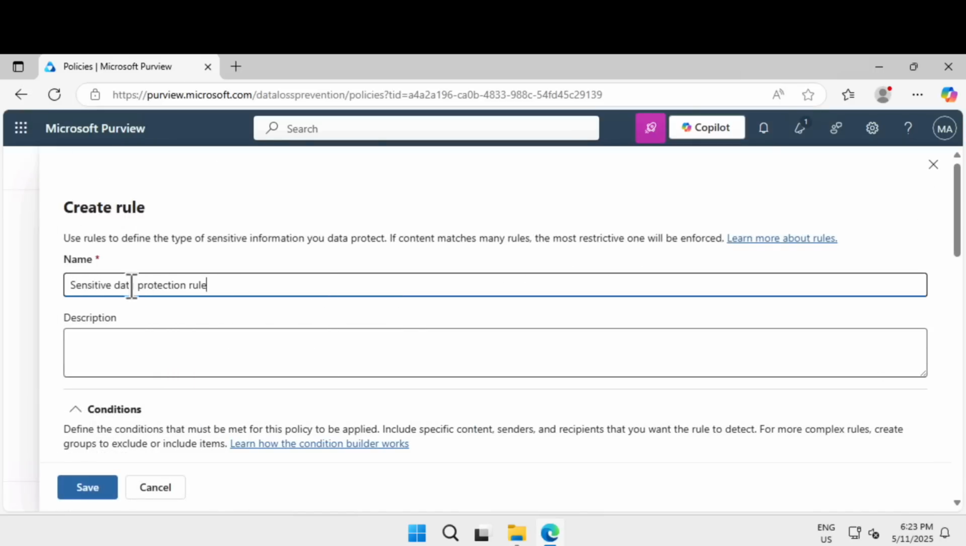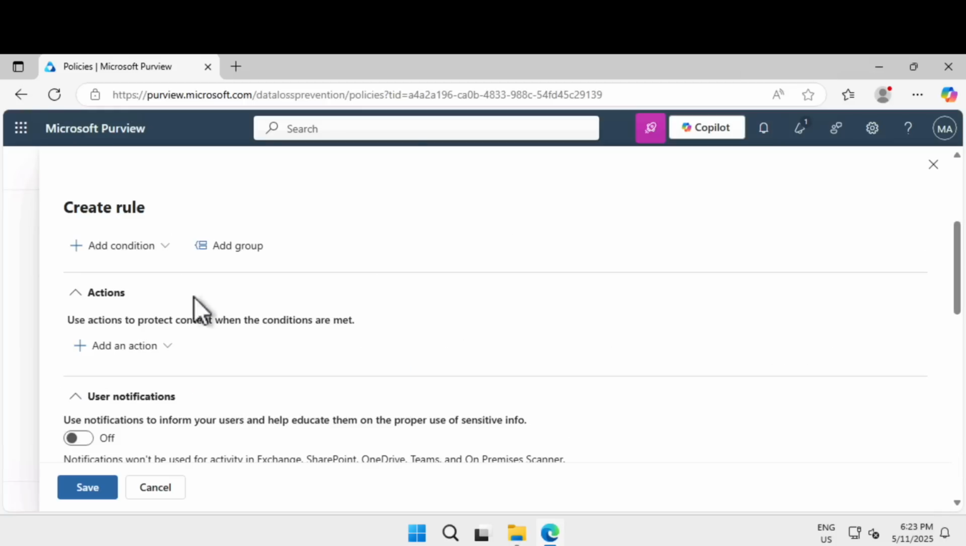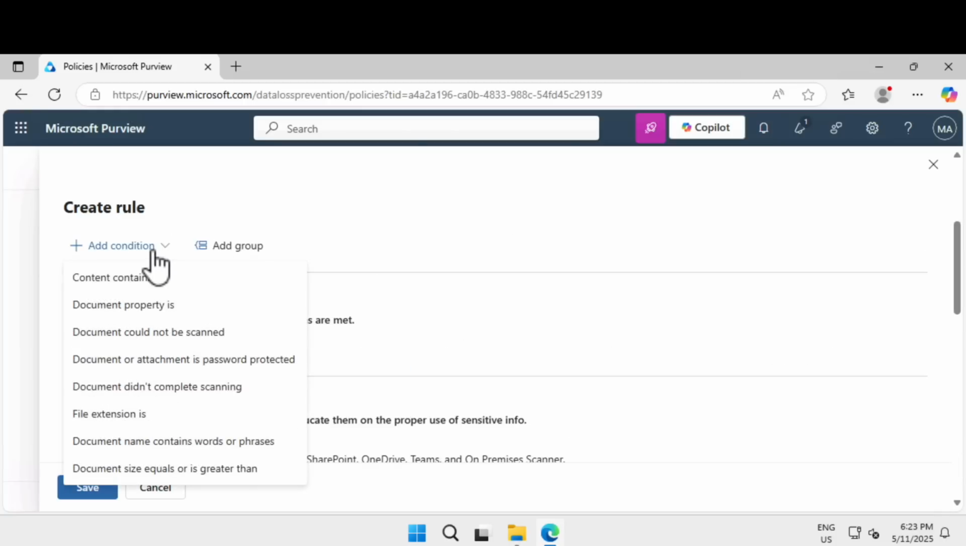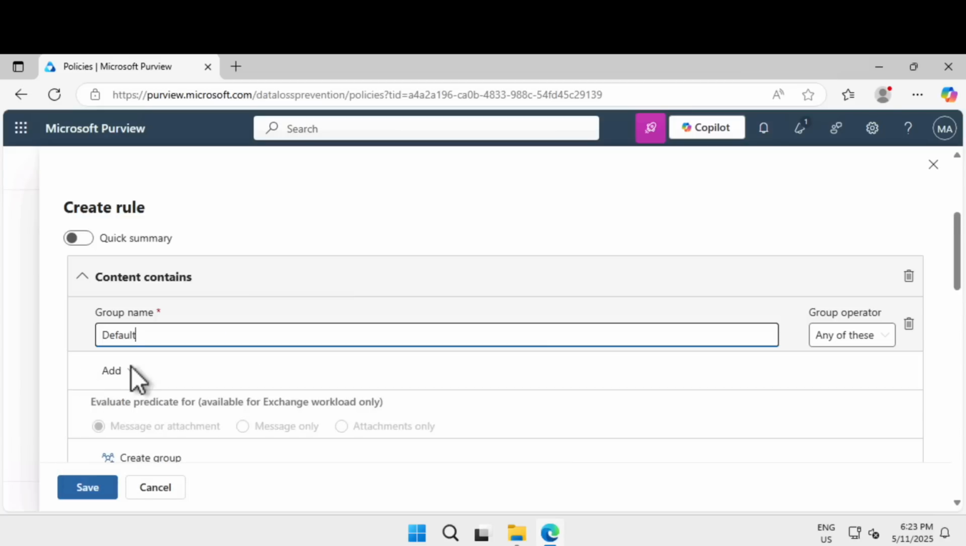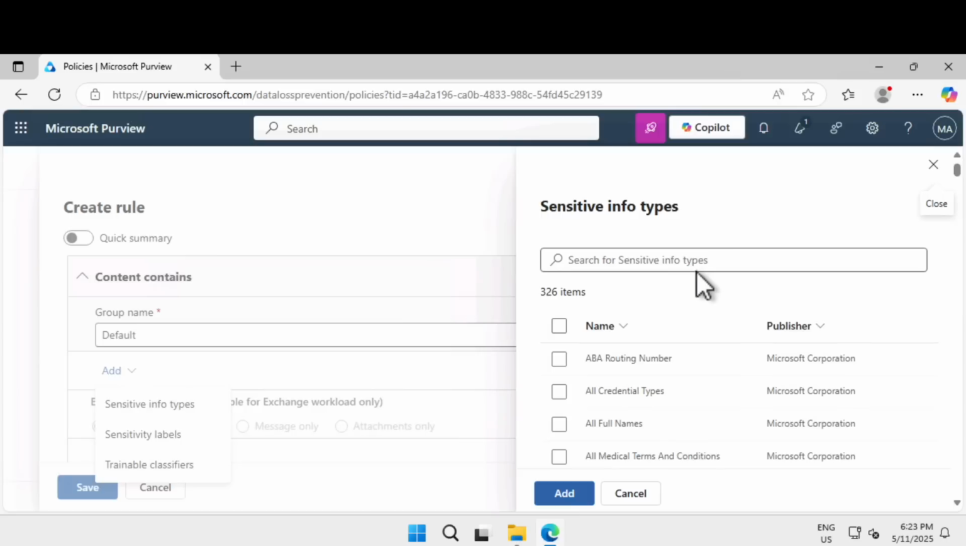So I'm going to give a sensitive data protection rule, and the description is detect and restrict sharing of sensitive information with generative AI applications. Scroll down till you find condition, click on add a condition, and within that select contains. Under default, click on add sensitive information types, and I'm going to select credit card